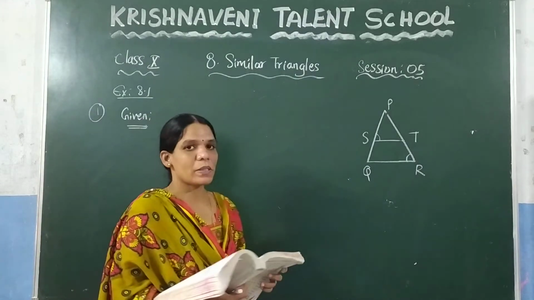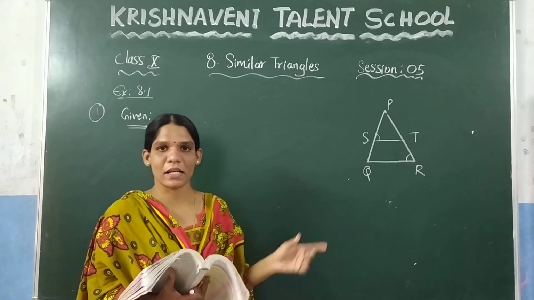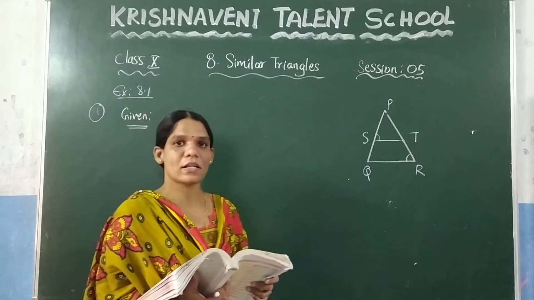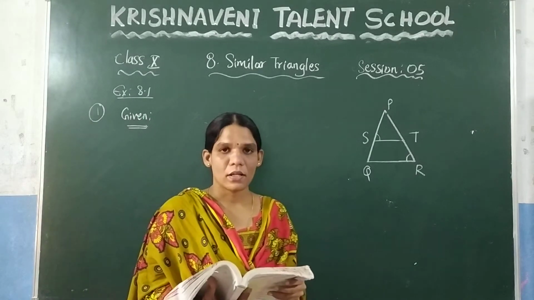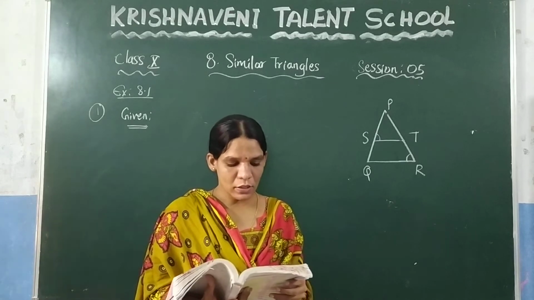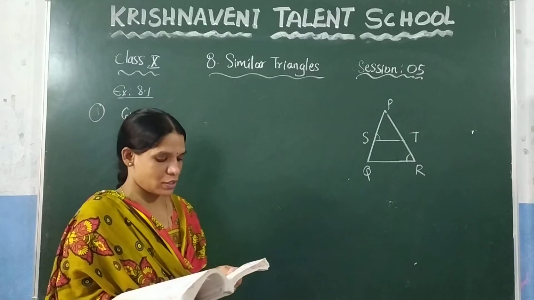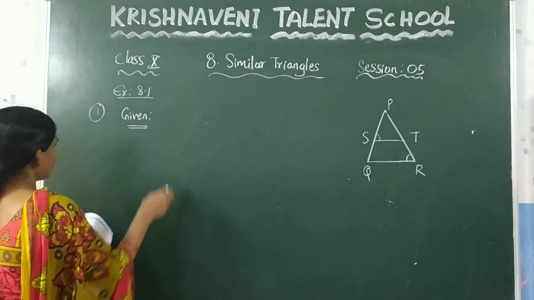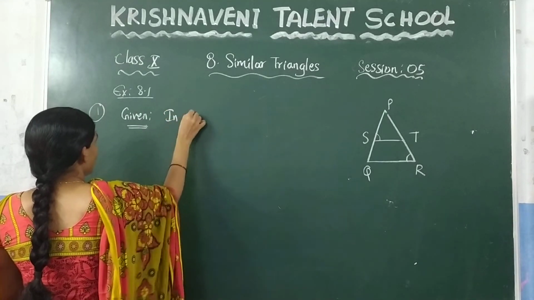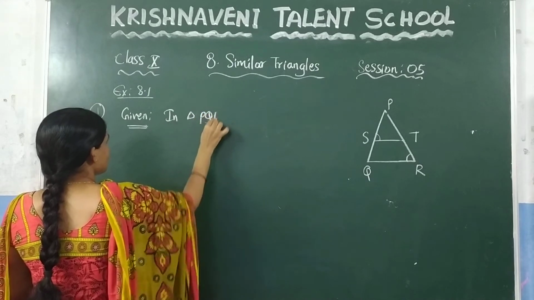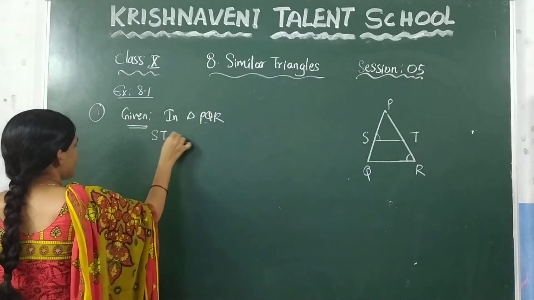What is meant by an isosceles triangle? You know that in a triangle, if two angles are equal, we call it an isosceles triangle. Now we need to prove that this triangle is an isosceles triangle. First, write what they have given in the question. In triangle PQR, ST is a line